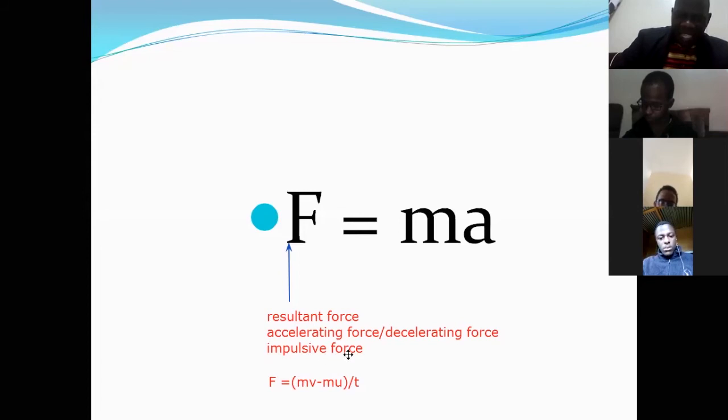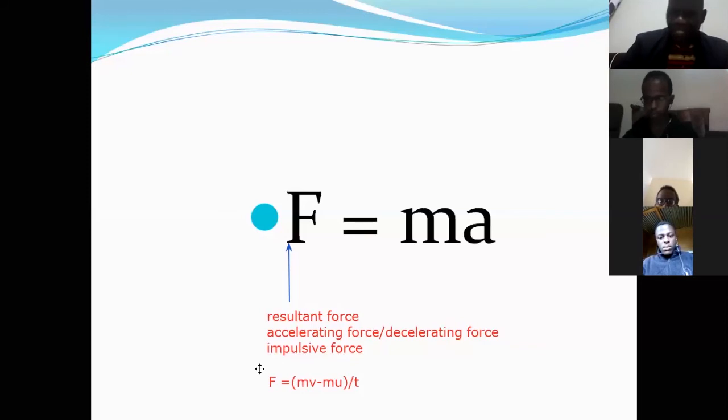I'm emphasizing what we are referring to as impulsive force. Impulsive forces can cause pain. I want to give another example. Those who play volleyball, when receiving a ball which is moving very fast, tend to withdraw their arms backwards. Withdrawing the arms prolongs the time of impact, and that reduces the impulsive force.